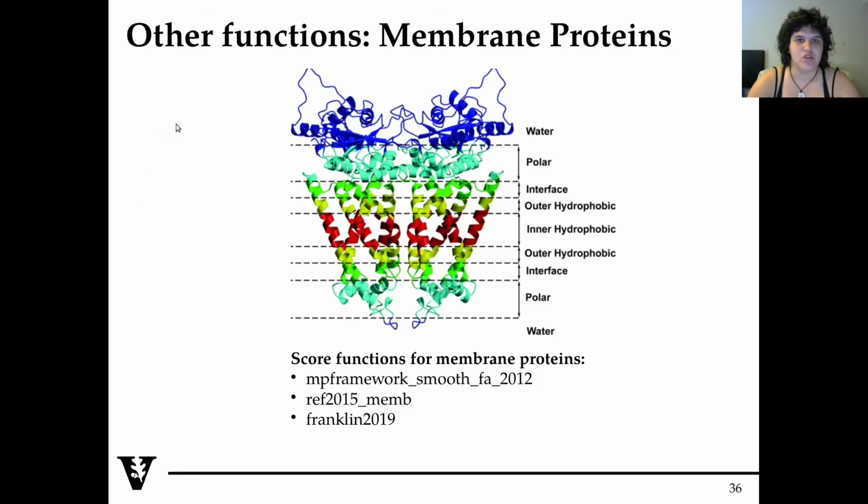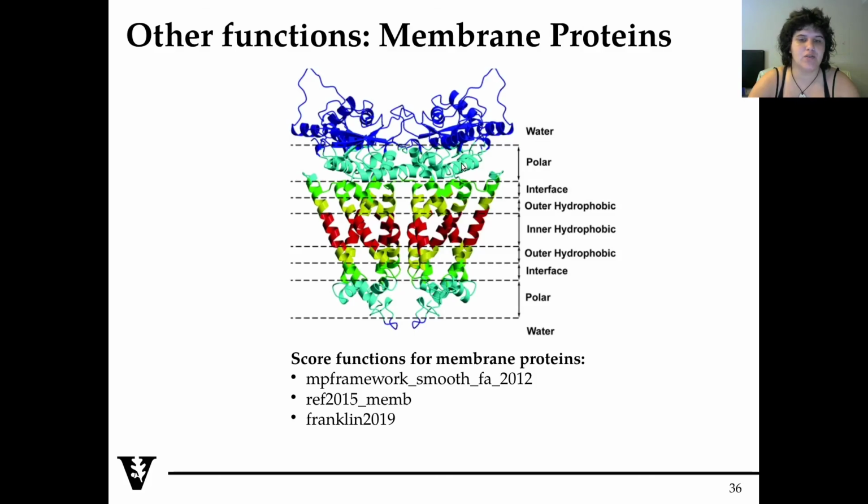Other things to mention regarding the scoring function. I described low resolution and high resolution, but there are special cases like membrane proteins. As you may know, membrane proteins have two parts that are exposed to the solvent, the extracellular and the intracellular loops, for example, but there is a whole part that is inserted in the membrane. And the membrane itself is not just hydrophobic, there is one layer that is polar, then there is an interface one, and then we have the hydrophobic core that is really the central part, and then as we go up we find again the interface and the polar